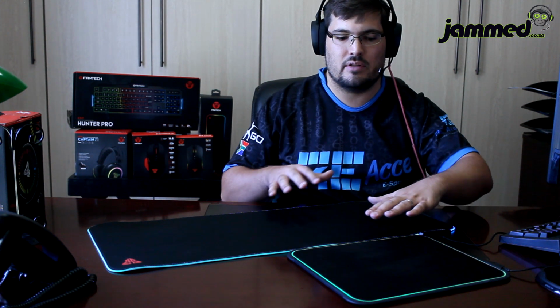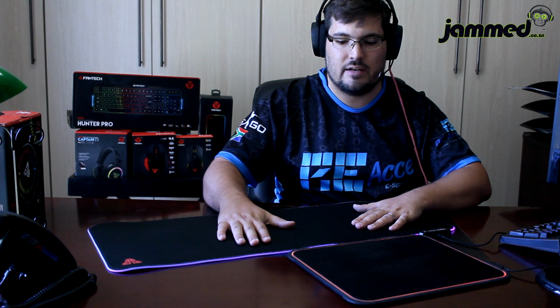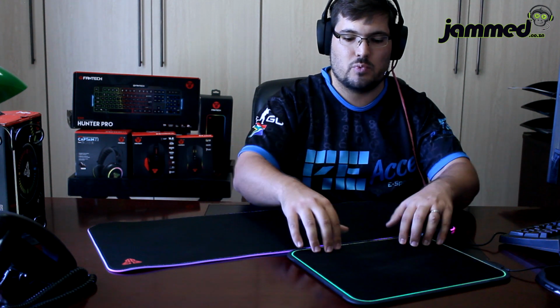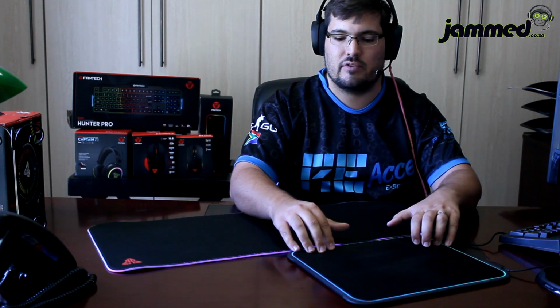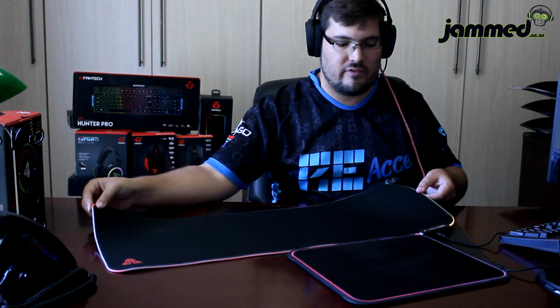So just take that into perspective, not like I'm comparing because it's SteelSeries and Fantech, but just to give you a price comparison. This RGB mousepad is only 499 Rand in South Africa. Now, number one, this one here is 750 Rand in South Africa. So just to compare these two, size comparison already, you'll see that the Firefly is much bigger than the SteelSeries